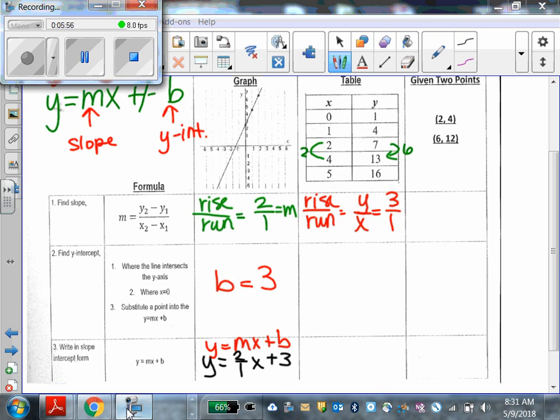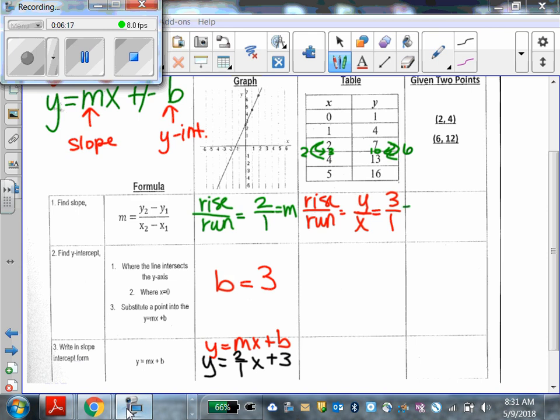So let's say it had just skipped 1. Let's say there was a 3 here. If we have to split that in half, what's half of 6? 3. So really this would be what? 10. If the table skips, as long as it skips following the same pattern, it's still 3 over 1, because